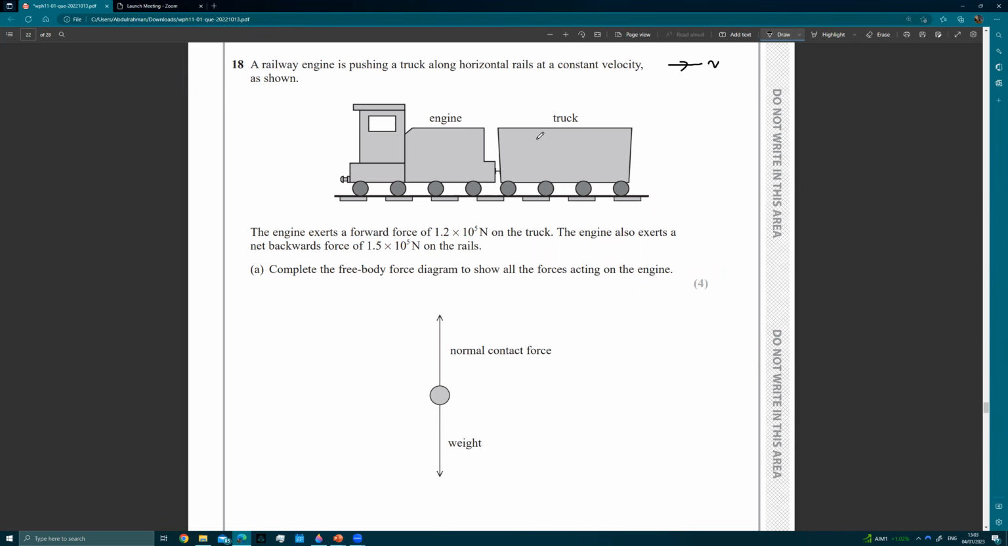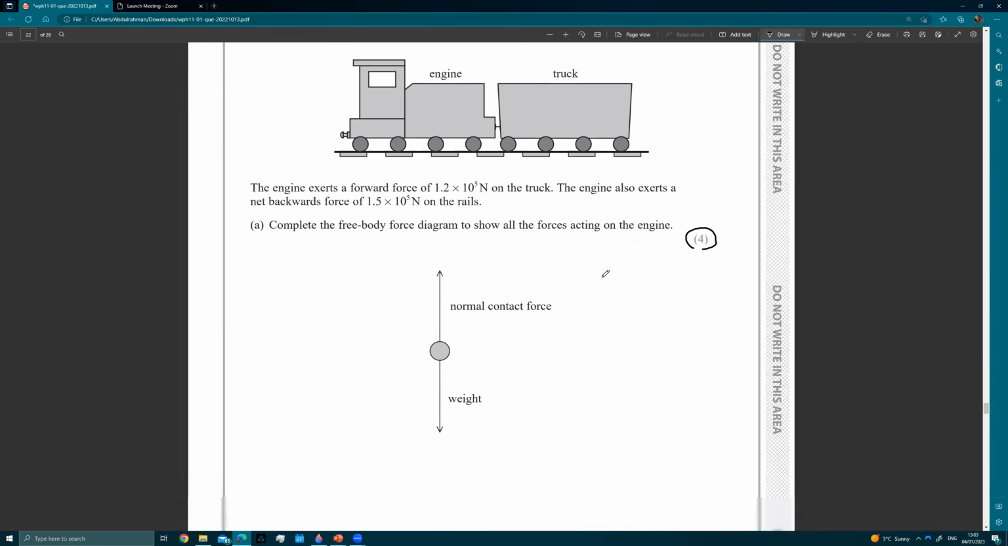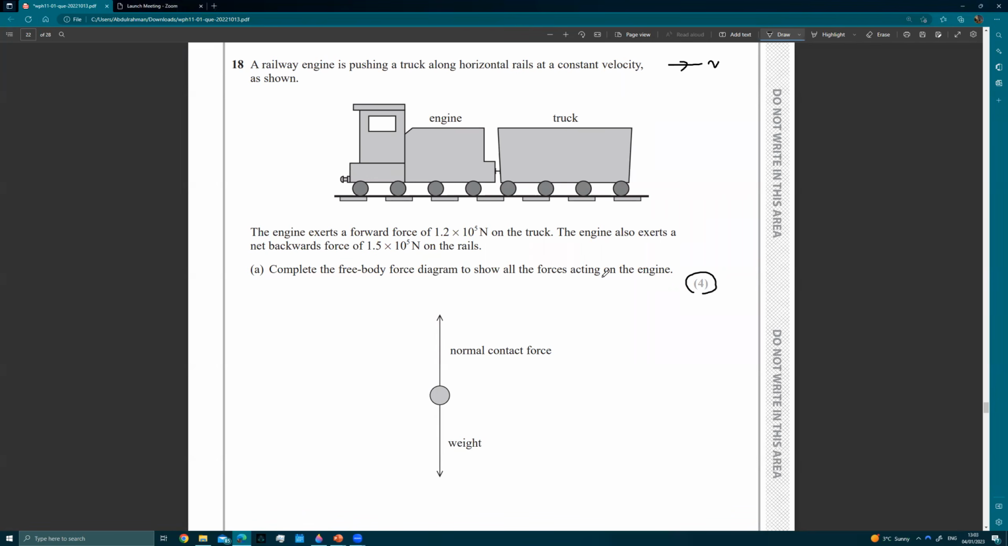The engine exerts a forward force of 1.2 times 10 to the 5 newtons on the truck. The engine also exerts a net backwards force of 1.5 times 10 to the 5 newtons on the rails. Complete the free body force diagram to show all the forces acting on the engine. And it's a 4-mark question. It's already given me weight and reaction force, which is a shame because those were the easy ones